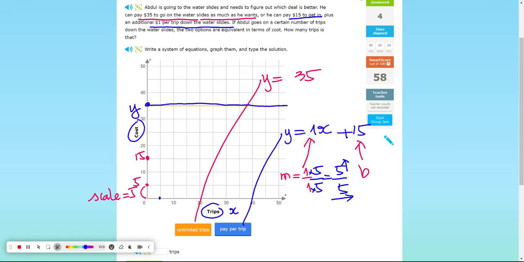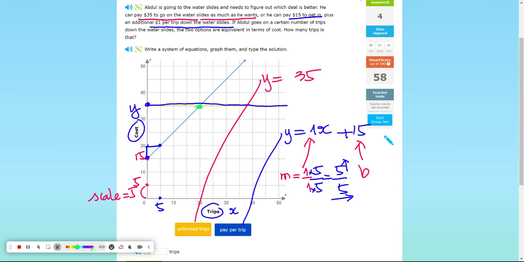Okay, so let's see here. This is the 5 unit on the axis. So start 15 right here, up 5, up 5. Okay, and right side 5. Okay, so I got that. I make sure I click on per trip. Okay, start 15, up 5, right 5, and then I'm done. Okay, so you can see, so both plan right here intersect right here. Okay, so you can see that